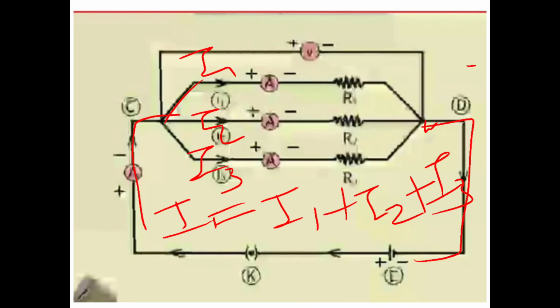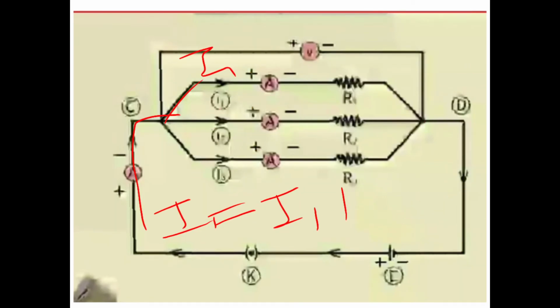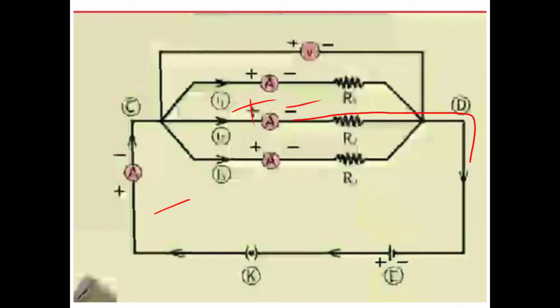Now as they are having different currents, I will have to connect 3 ammeters. When we connect it, we have to see that the negative terminal way should have the negative sign going. So you can check it. See, if this is positive, this is negative. Where is the negative going? Yes, it is going to the negative terminal. So the diagram is correct.